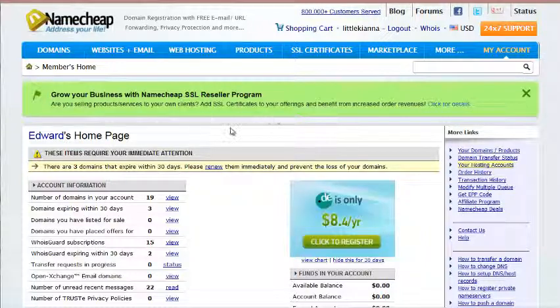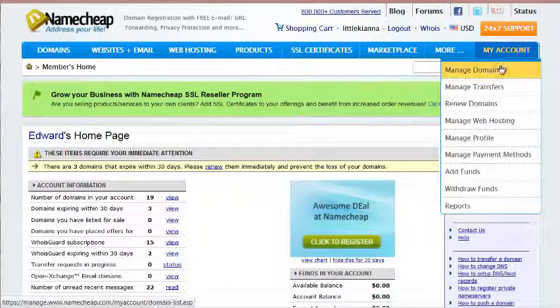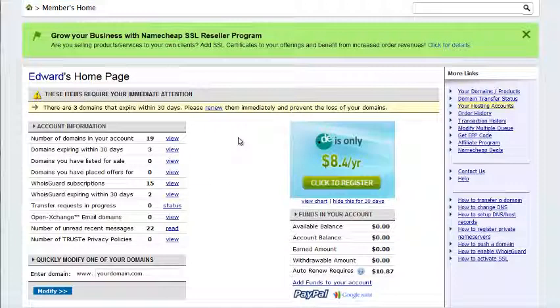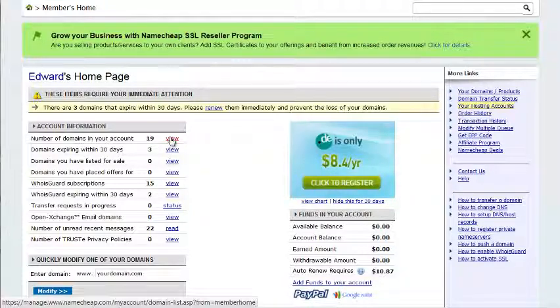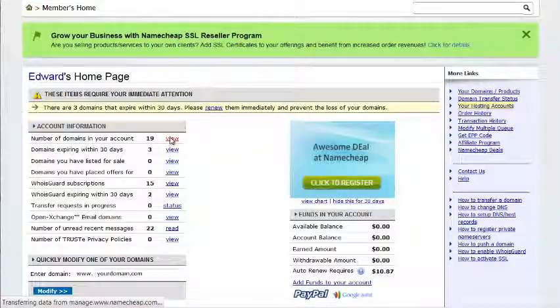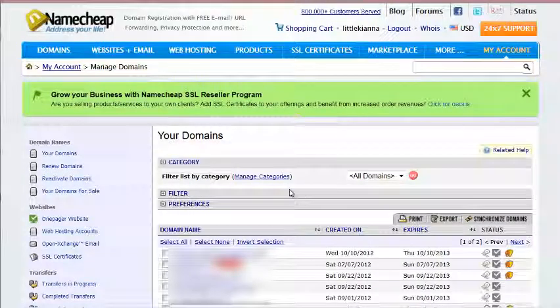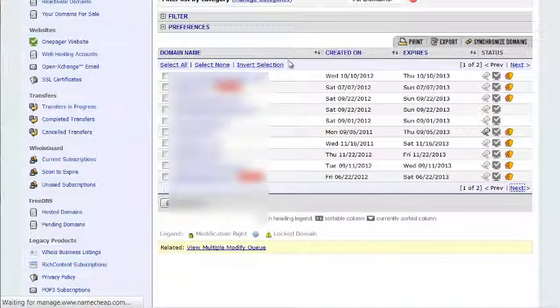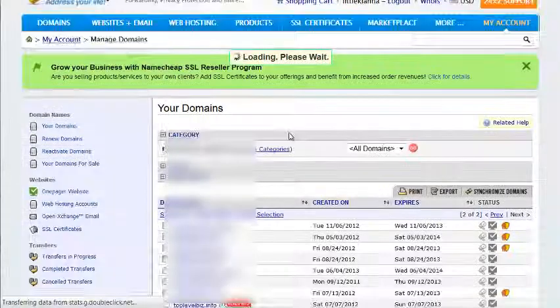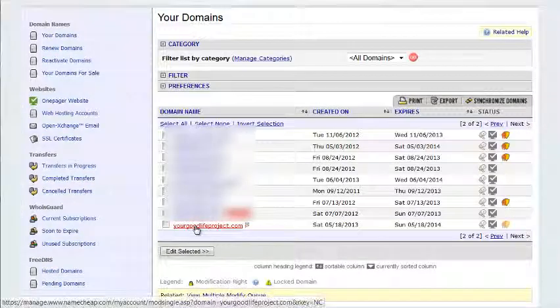Okay, so once you log in, this is the page they give you. So there are many options to manage your domain and do transfers, things like that. But you can just go here. This will give you information about the number of domains you have. So I actually have 19 domains. So you can just go here, view. Right, so I'm going to find a domain that I purchased earlier. Okay, so let's say I purchased this domain already. It's called a Good Life Project,